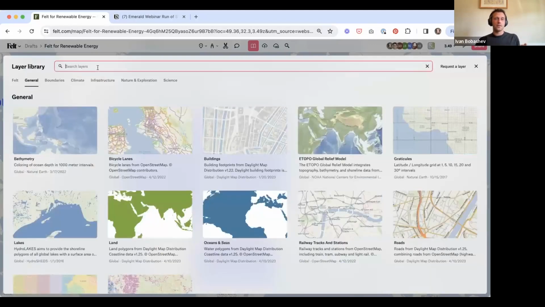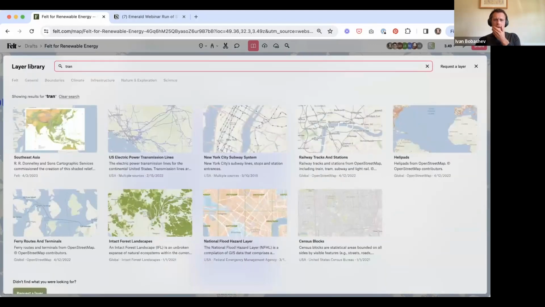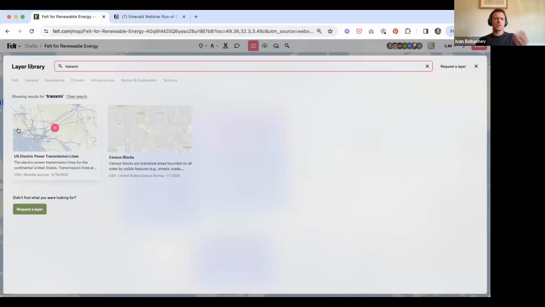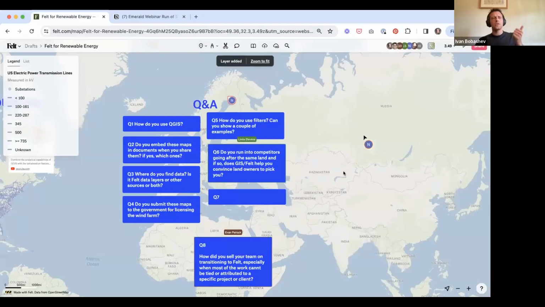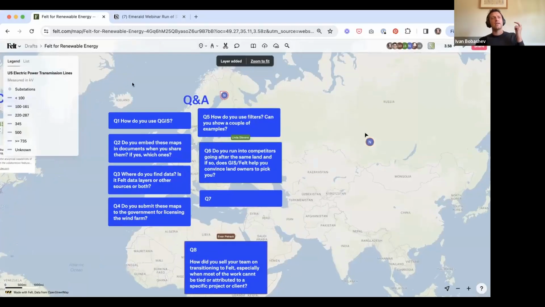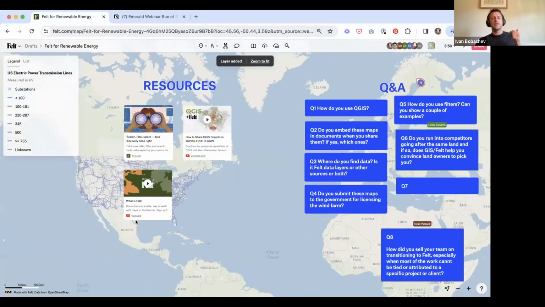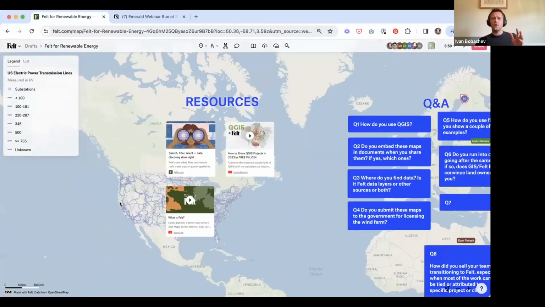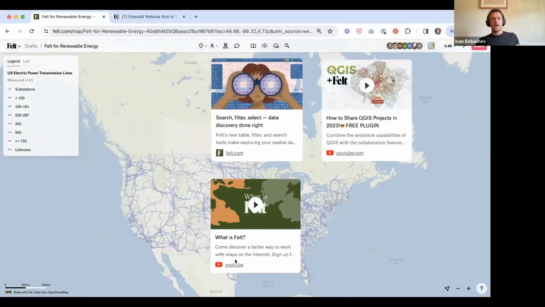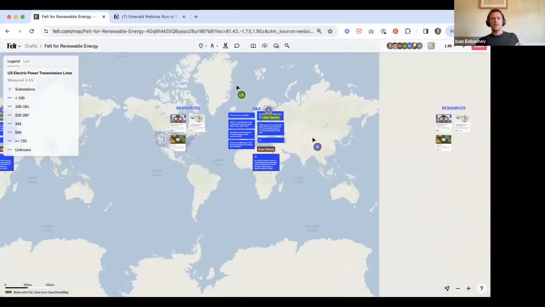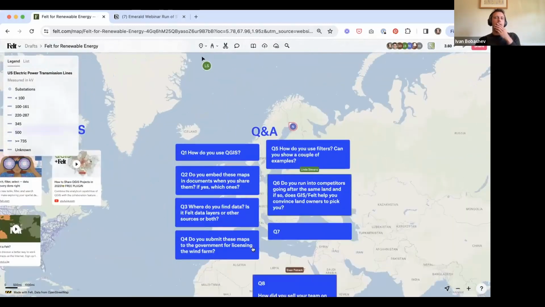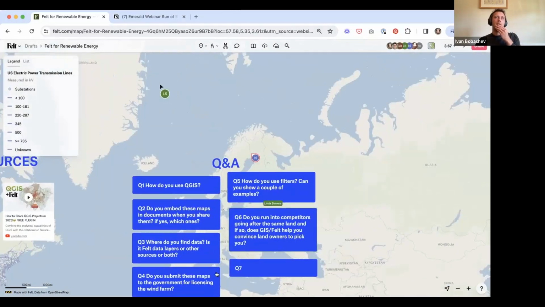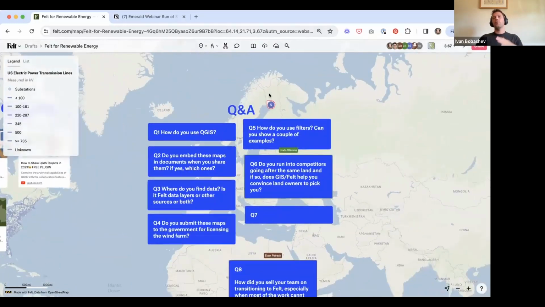And you can see if you go to general, or I think actually the infrastructure one, transmission lines. Here we go. Transmission lines, things like cities, things like town boundaries. Those are all things that Felt already has. And then landowner data we usually get from the county, county by county. And then, as I noted before,